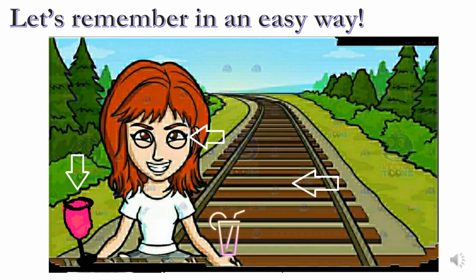So to remember this in an easier way, you can remember this picture. See the picture, the girl is sitting on a railroad or tram track, and she is holding two wine glasses in her hands. As you all know, before drinking wine, they usually stir the glass. So you have to remember stirring says Sturge-Weber syndrome, and wine glass says port wine stain. As you can see, she is sitting on the railroad, so Sturge-Weber syndrome will show railroad or tram track calcification. As you can see, her eyes are really big, so you have to remember that Sturge-Weber syndrome will show glaucoma or buphthalmos. So these are the findings seen in Sturge-Weber syndrome.